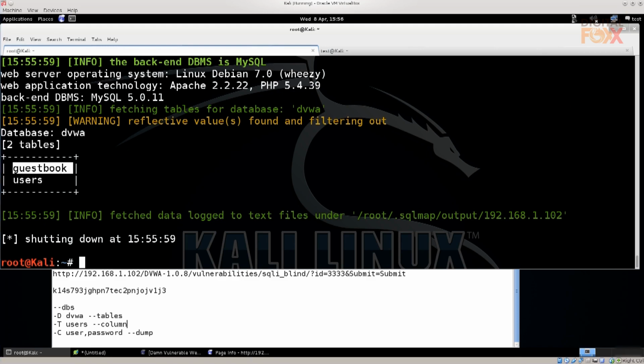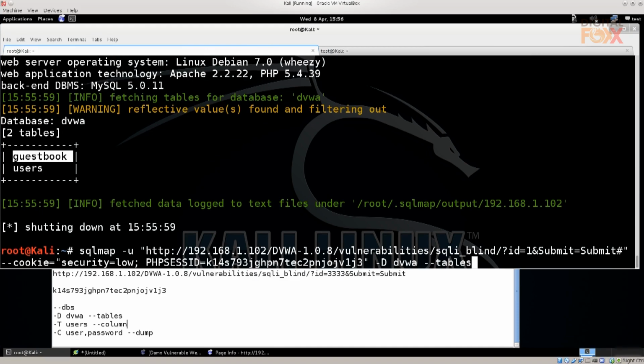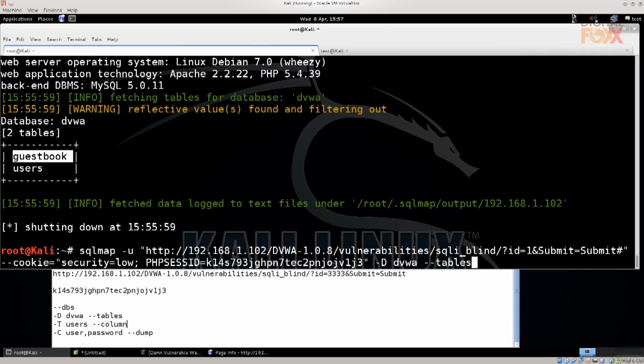Anyway, we got users, we got guest book, so let's have a look at users, because I know that there was something useful there, but you won't know. So go through all of them. If you're doing a genuine pen test, go through everything that you can get. Just go through every single table, go through every single column, go through every single database, see what is in there. I cannot emphasize this enough. How many times did people suffer needlessly, primarily because they were just too lazy to go through the stuff that they already had. So let's just go ahead and type in -T